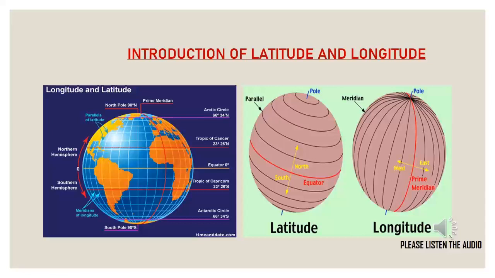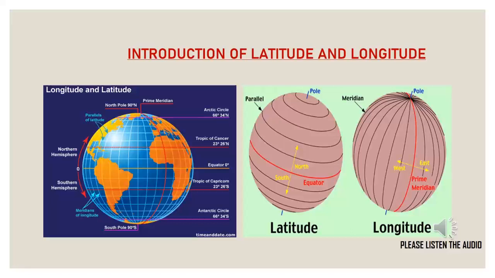So this is the complete theory of longitude and latitude. Apart from that, we can see in the picture a central line, which is known as the prime meridian. The prime meridian also has importance. Longitude measures distance east or west of the prime meridian. The 180 degree longitude coincides with the International Date Line.